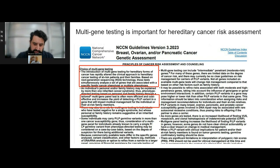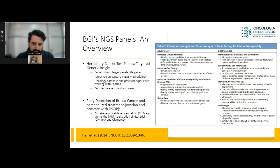Okay, and the disadvantage of this is that sometimes we could find some variants of uncertain significance, but this can be talked through with the patient at the pre-test genetic counseling, so the patient knows that there is some clinical utility that we are going to see over these variants, and they are more prepared before the results of variants of uncertain significance, that are not going to have much of an influence in the clinical aspect